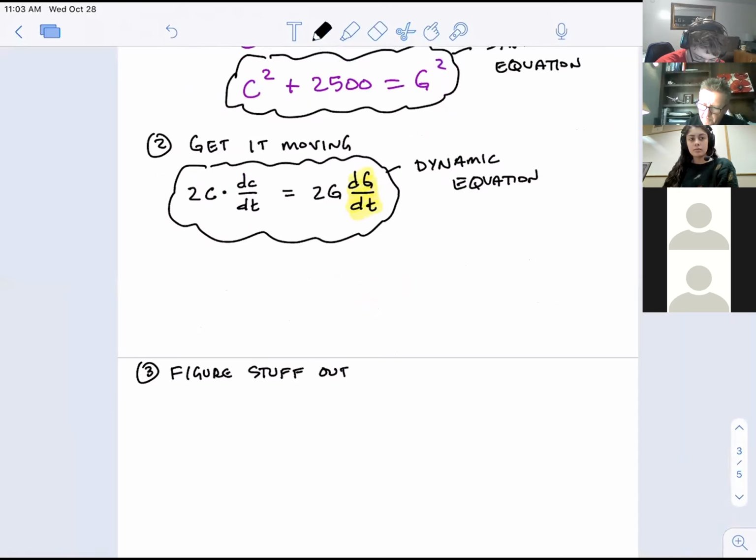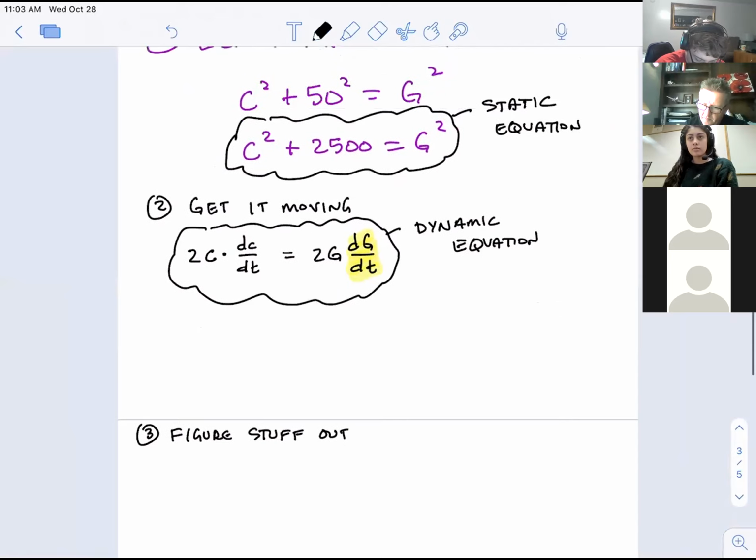So here's the question. This question has one slight curveball in it. Let's see, what do I know? Well, I was told that I was interested in the snapshot in time when C was 12 feet. This is where I want to plug 12 in. And we were told that dc/dt, the speed the person was traveling, was 90 miles per hour.